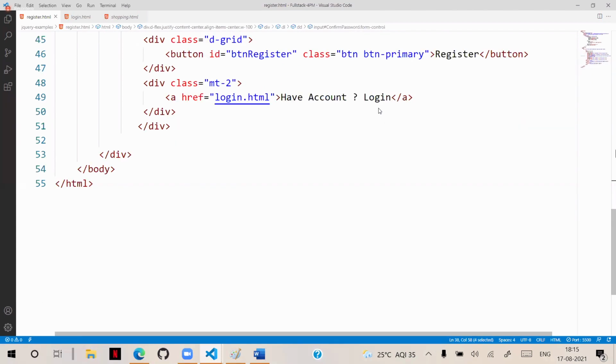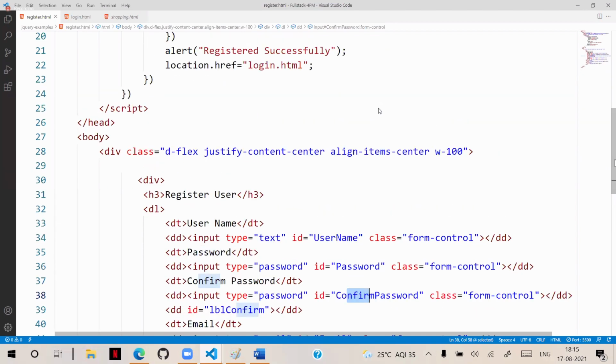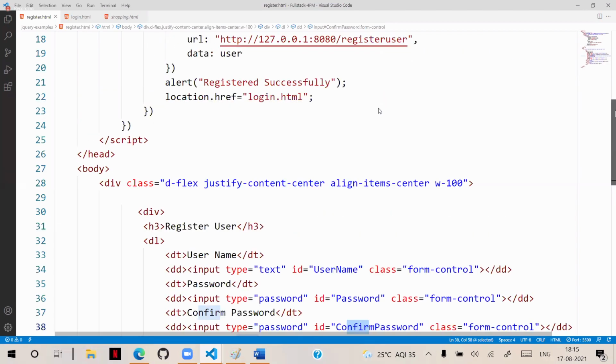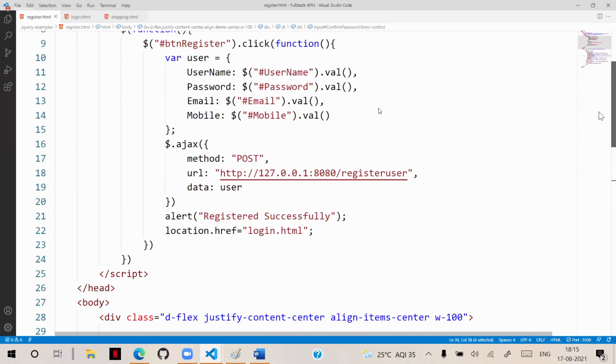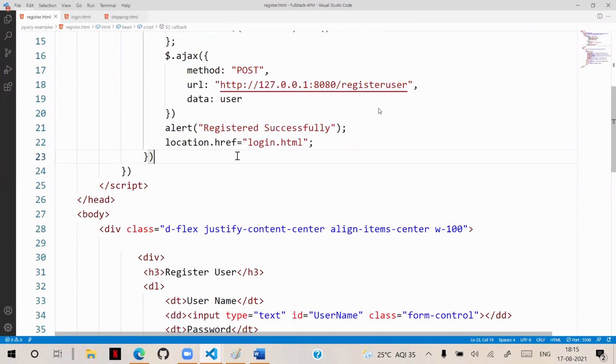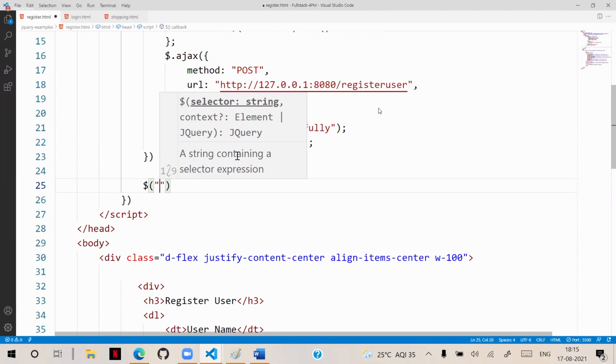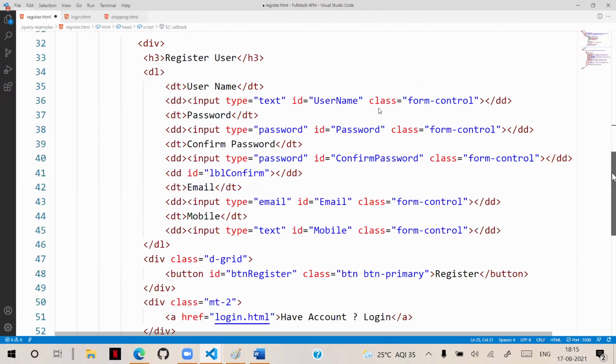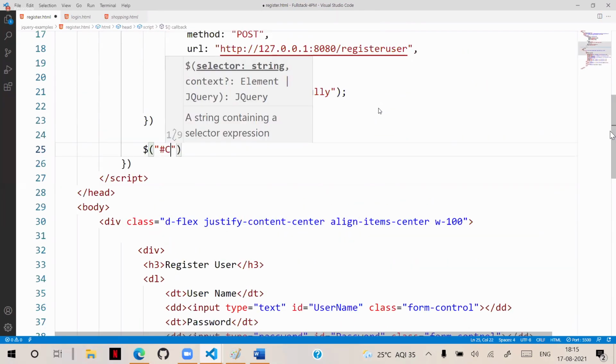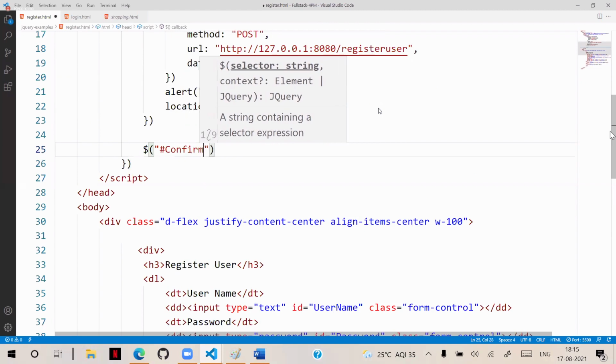So I should do that while typing. So here I will write a function. The dollar selector, that ID, the text box is confirm password.